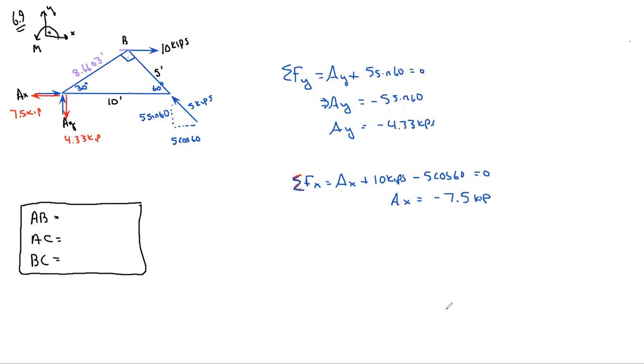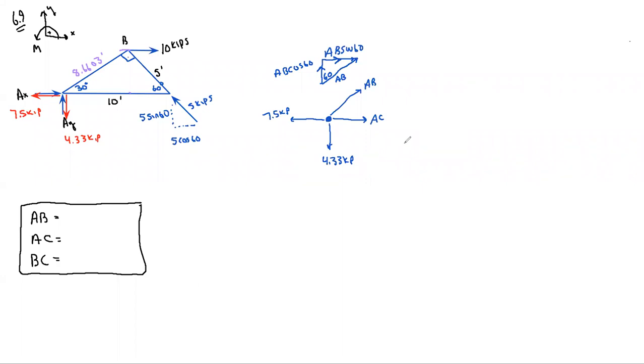I'm gonna erase the board real quick, and when we get back, we will definitely be ready. All righty, so I thought we'd start at pin connection A. So there are 4 things going on. There are the 2 reaction forces, 7.5 kip in the X direction, 4.33 kip in the Y direction. We have member AC and member AB. I went ahead and drew our little triangle up here so we can pick up the X and Y components